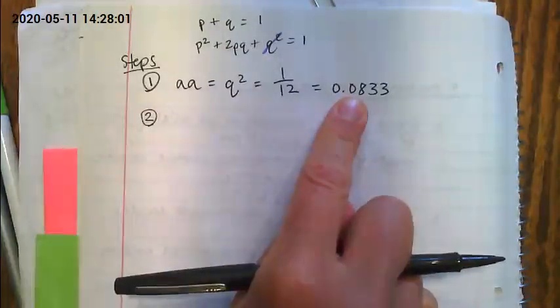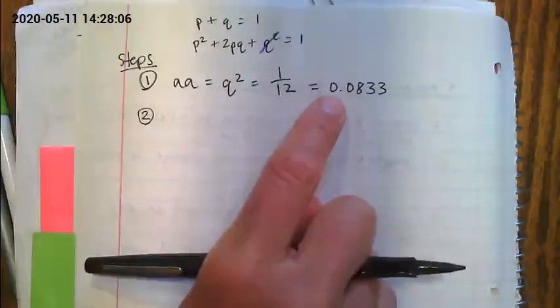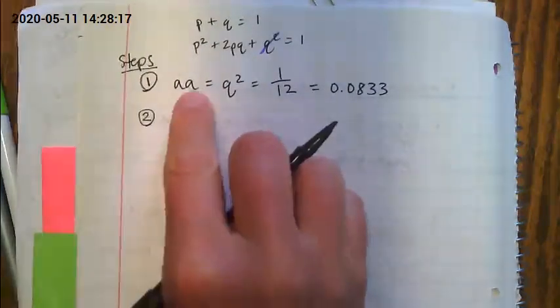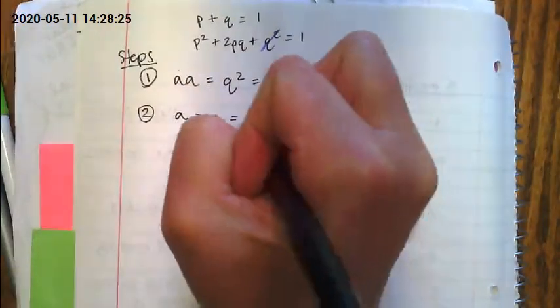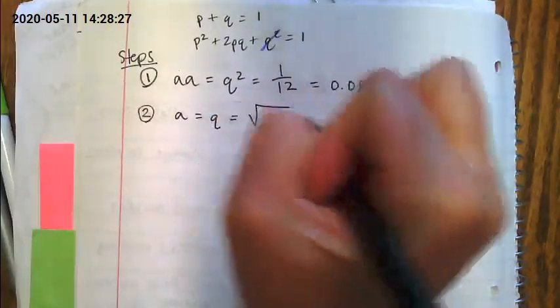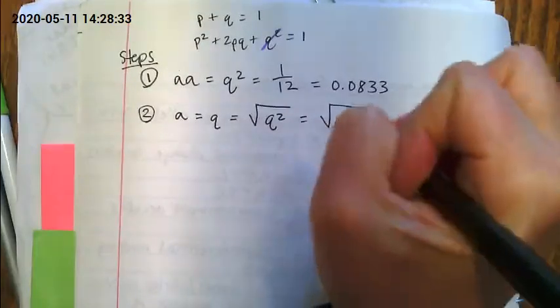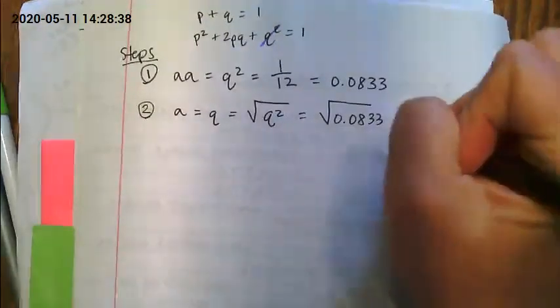All right, well, we can't find P yet because we haven't found Q. So we could find Q. How are we going to get from Q? Right, we're going to have to square root it. So we're going to find Q, which is our allele. This is our genotype. This is our recessive allele. This is our recessive phenotype. Q is equal to the square root of Q squared, which happens to be